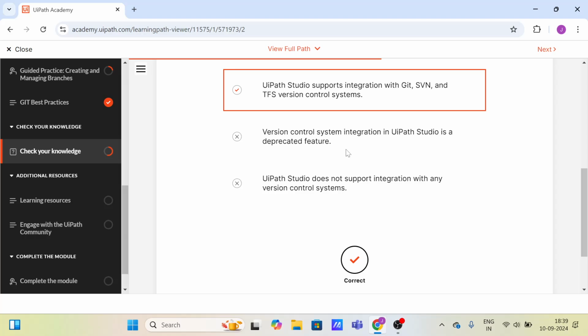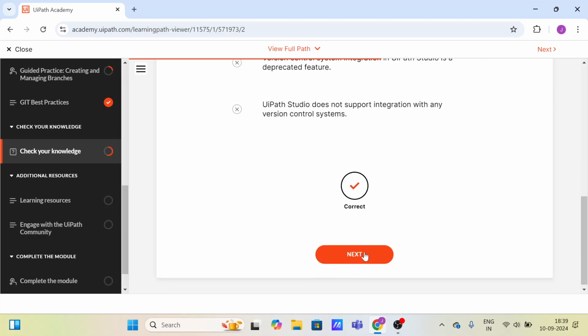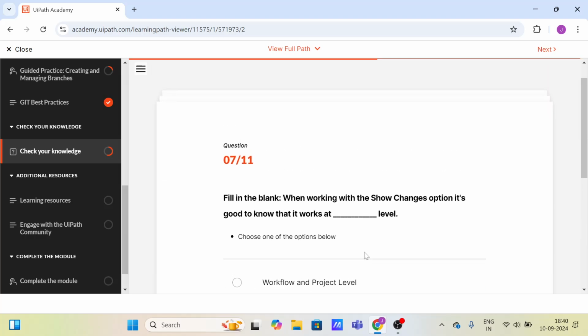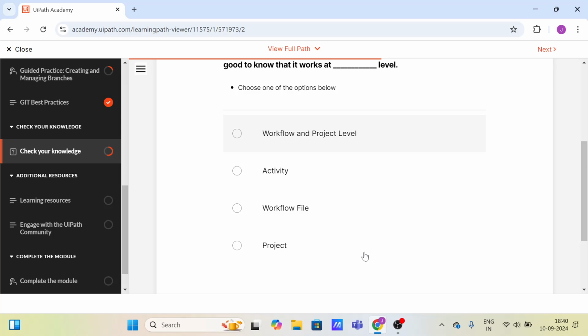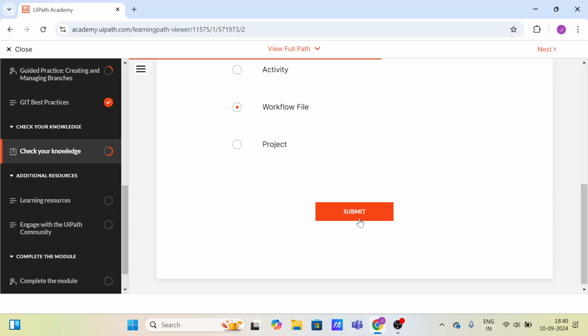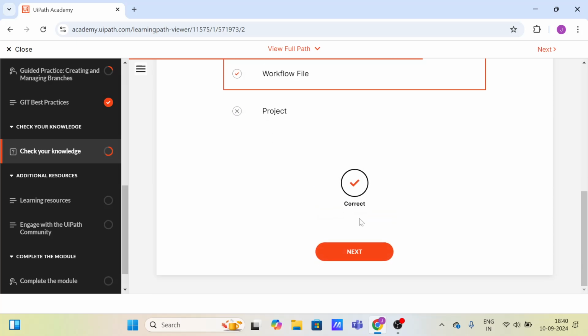Version control system integration in UiPath Studio is a deprecated feature. No, it is a modern feature. It's not deprecated. It is encouraged to use all these features. UiPath Studio does not support integration with any version control. No, this is also not right. Fill in the blank. When working with the show changes option, it's good to know that it works at the workflow file level. It does not work at the project level, right? It works at the workflow file level, nor does it work at the activity level. Okay, next,